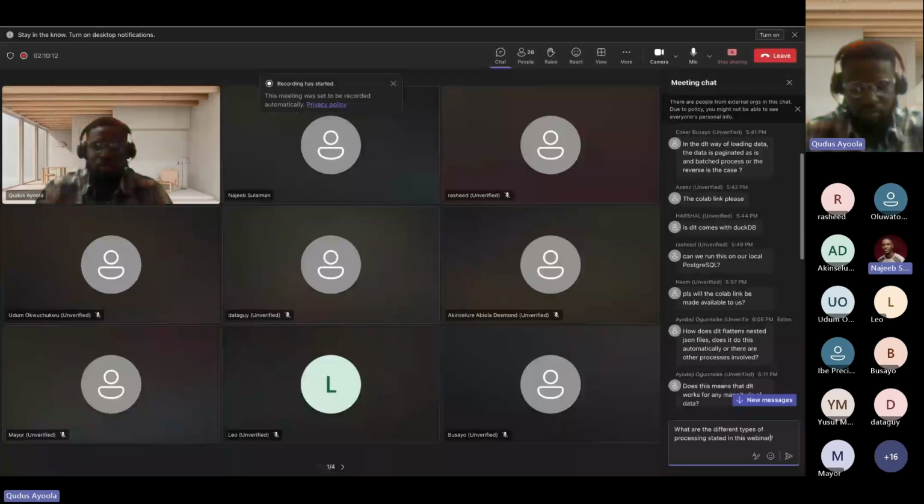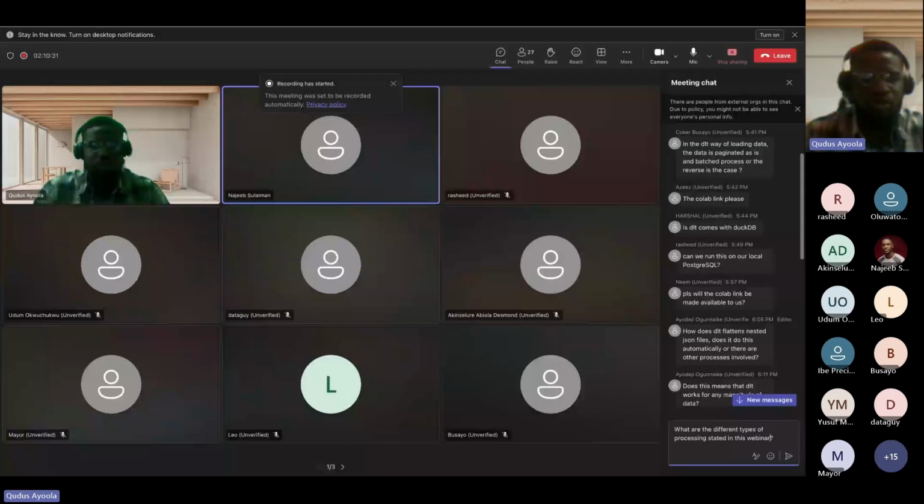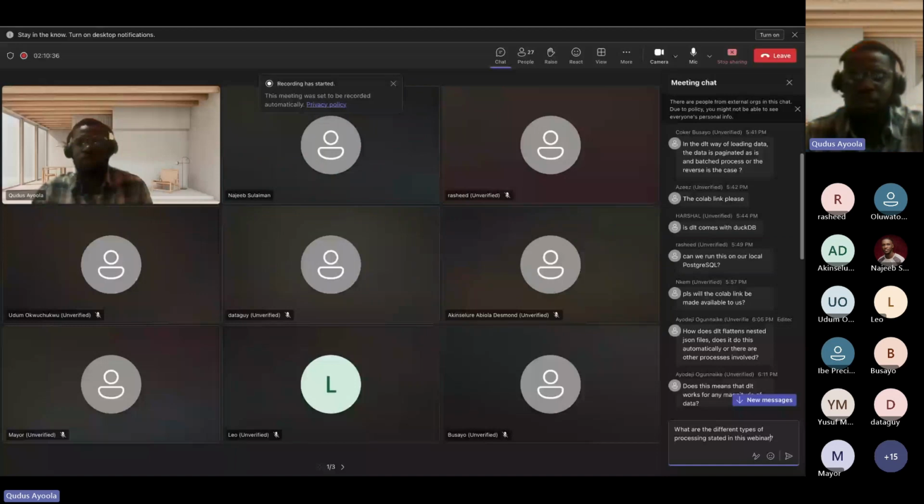Okay, so DLT is basically an EL tool, extract and load. Does DLT make the pipeline more reliable and scalable on the data ingestion part? Yes, I think it makes it more reliable. It makes it follow some specific rules, helps you enforce schema information, helps you standardize your data, and helps you flatten your data automatically. So it's seamlessly a one-stop shop for data ingestion. It helps you properly manage your data and makes it really scalable.